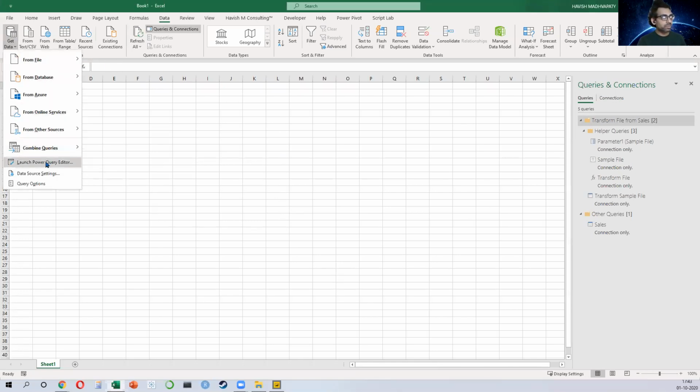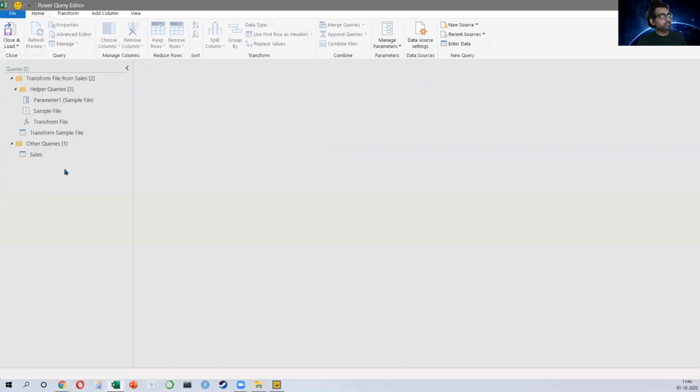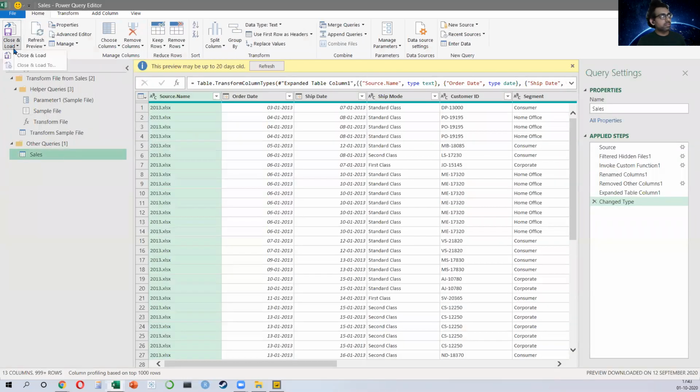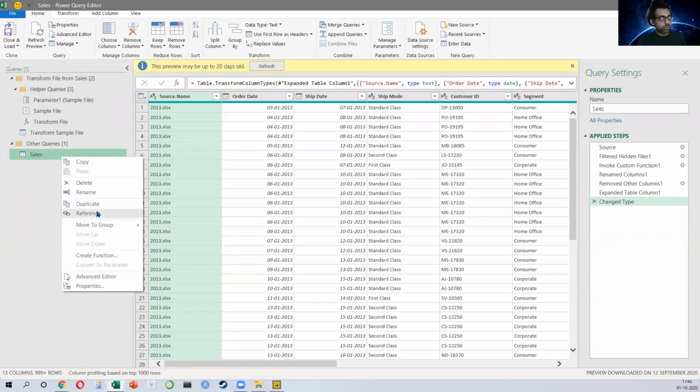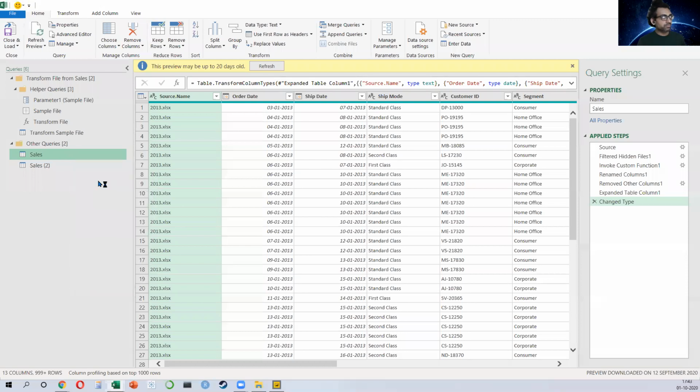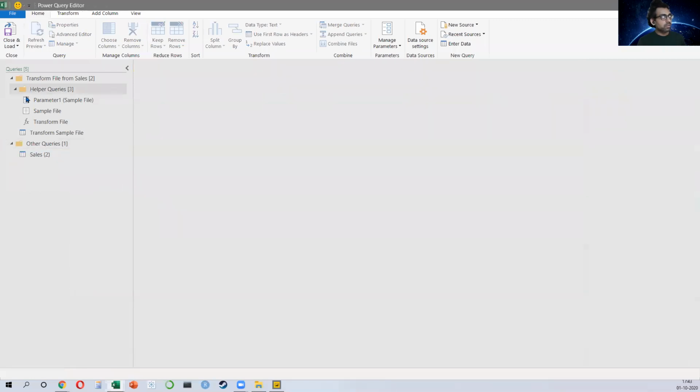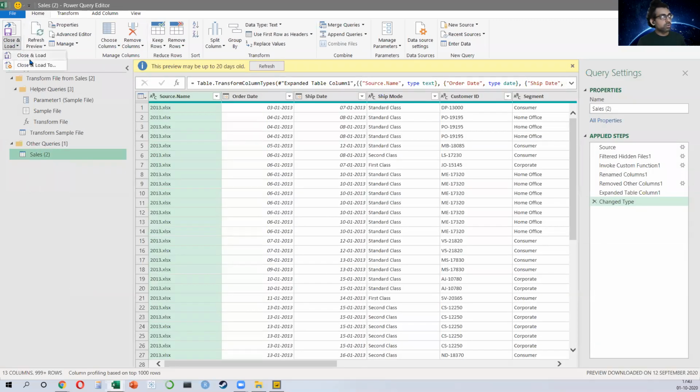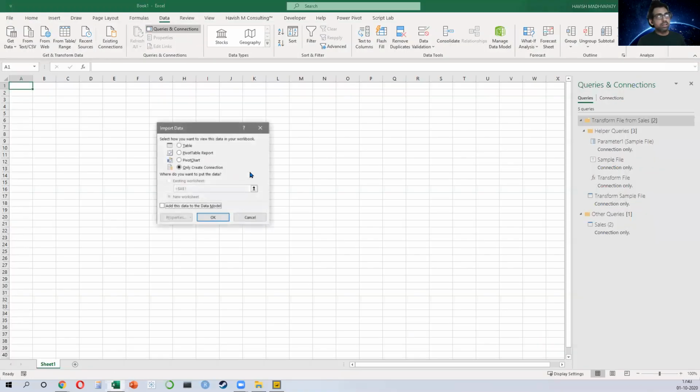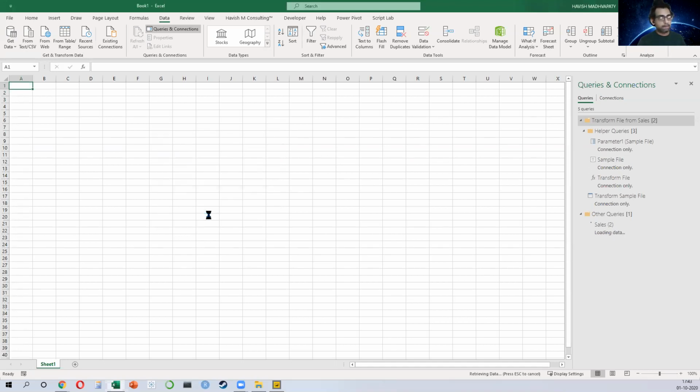So once again, Power Query Editor. This is my data, right? Now, please watch. I'll just show it to you once again. So duplicate. Let me remove the older one, okay? What did I do? Close and load to, and you will select connection. Because you want this table to be connected to another table, you will also have to select this option called add this data to the data model, right?